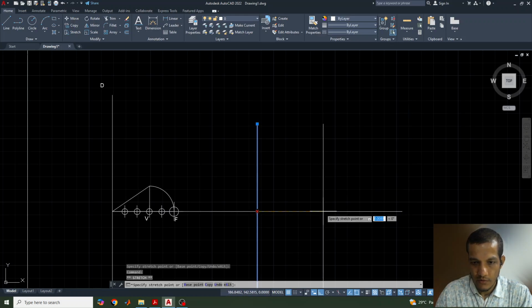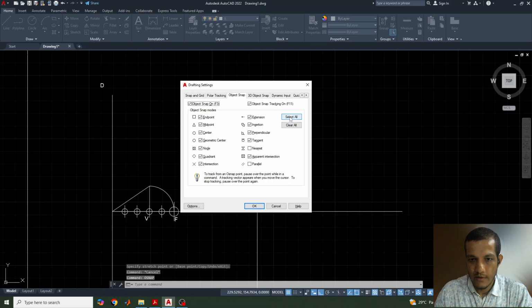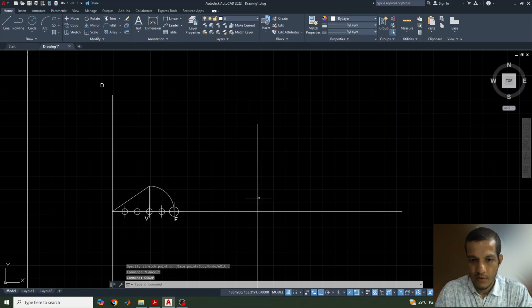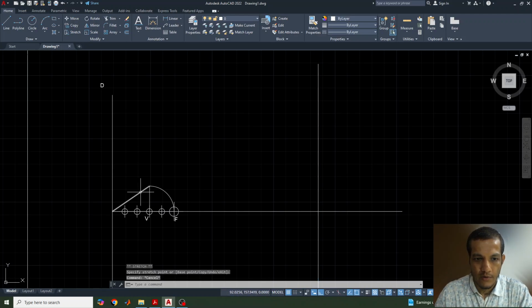No, it's not coming. Why? Because now let's select all and select this, okay. Now this one we can extend a little bit more, and this line also we can